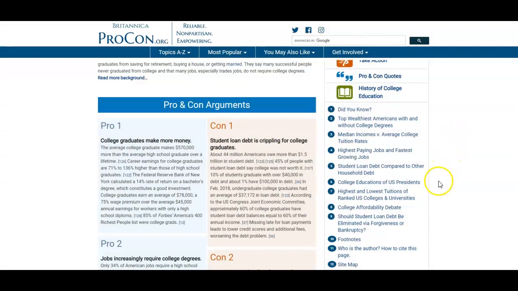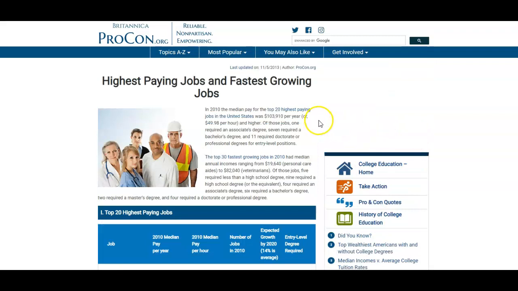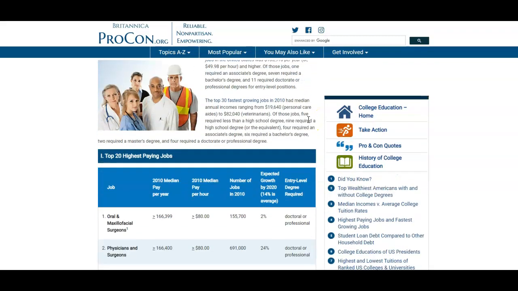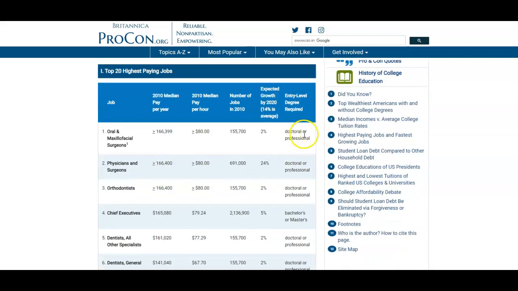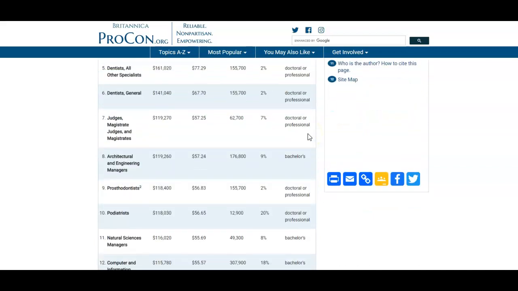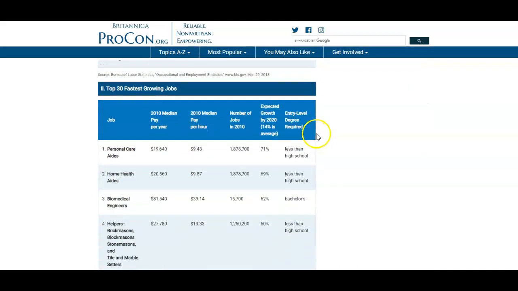The idea of this one about the highest paying jobs, again, goes back to 2010, and how it's changed over the last 10, 12 years. Which jobs are growing, which ones are not, what kind of degree they require, and you'll start seeing some of this over here. But here are the fastest growing jobs